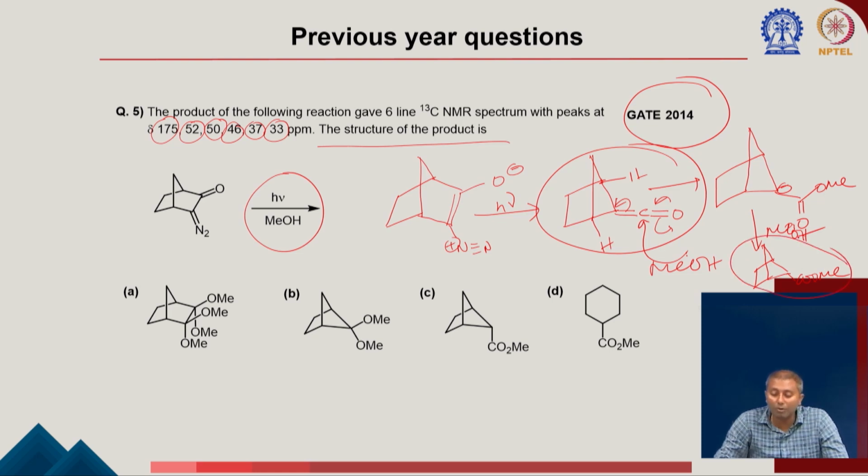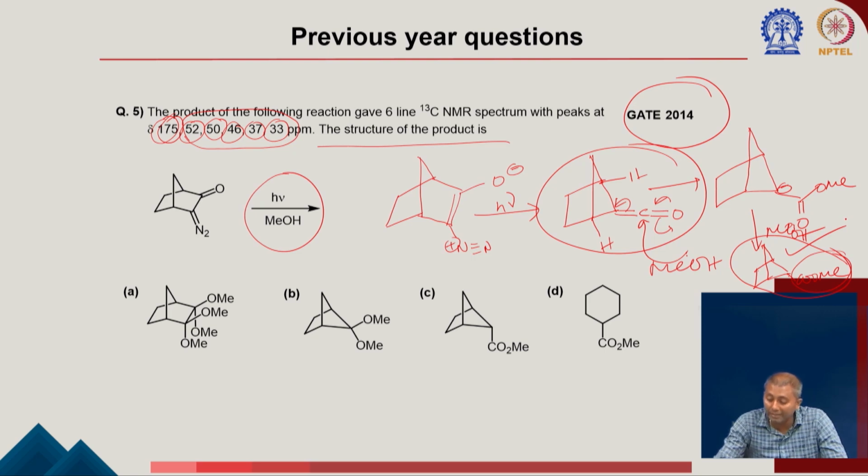So, now if you try to see the corresponding carbon NMR, what we can see, there is a 175 peak which indicates this is an ester or amide or something which is, of course, not a ketone. So, you can see in this compound the ester can come at that 175, and now if you count how many different types of carbons are there, we can see there are 5 peaks for the different carbons, and you can see there will be 1, there will be 2, and there will be 3, 4, and 5. Okay. So, there will be 5 different types of carbon peaks we are able to see,